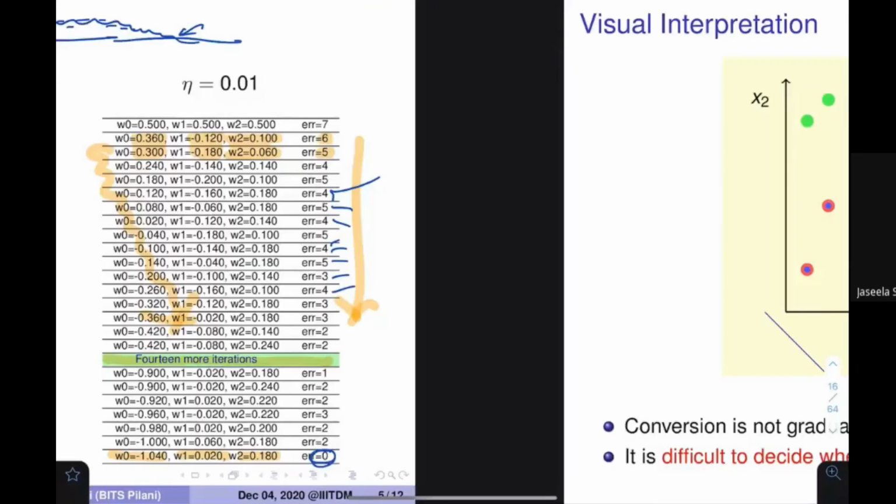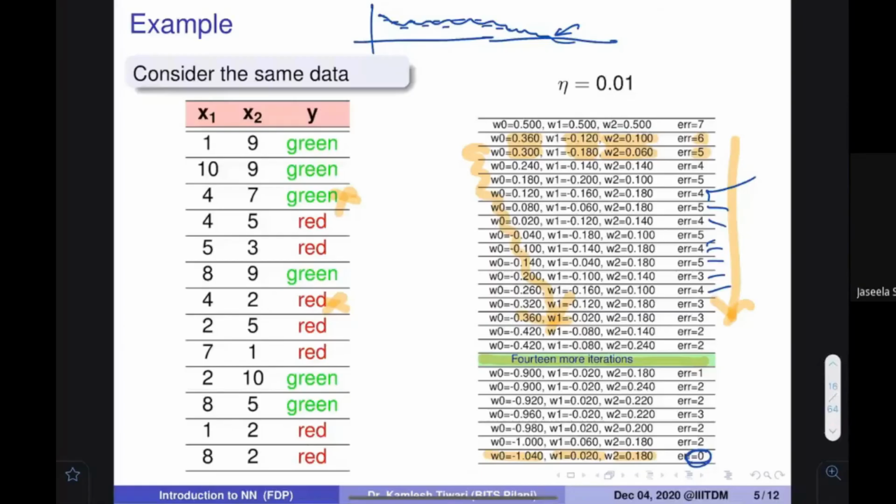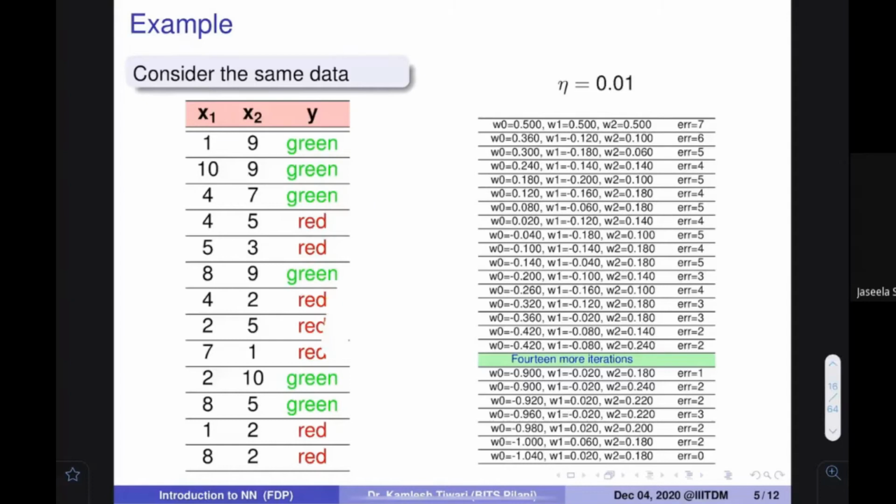So this is an example. When this is the first line, let me clear it. Let me give you some more visual interpretation so that you can easily see. When the value is 0.5, 0.5, 0.5 in your table,